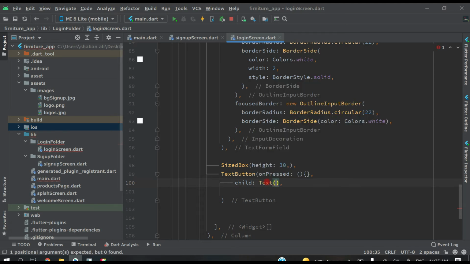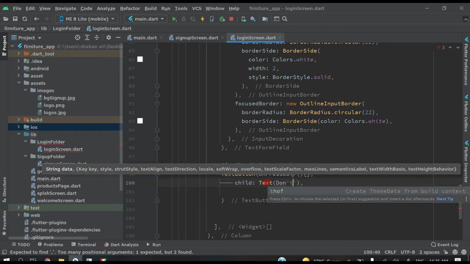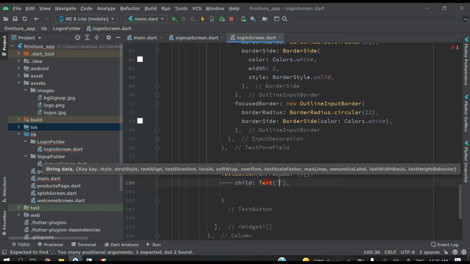The text will be "Don't have an account, register here."